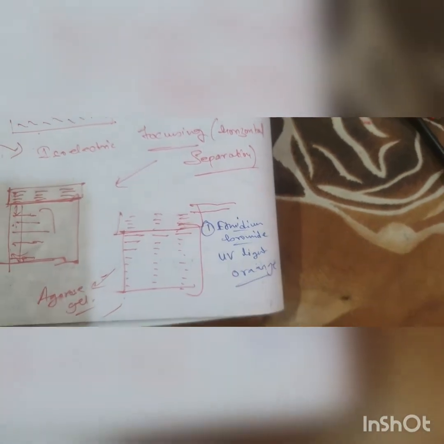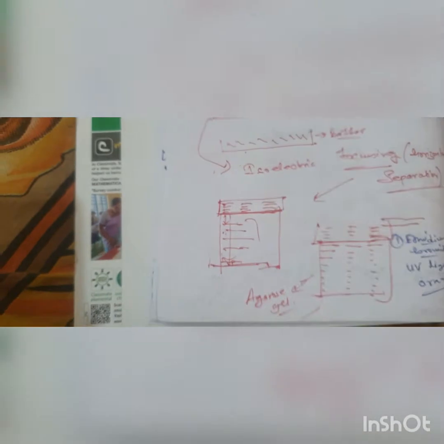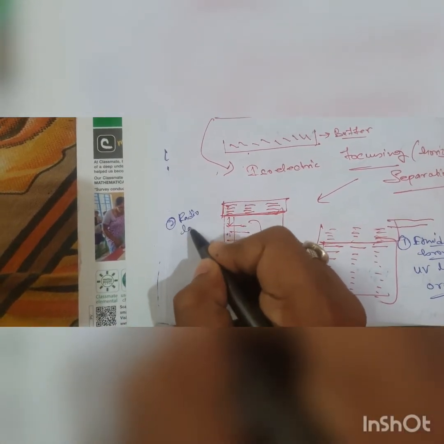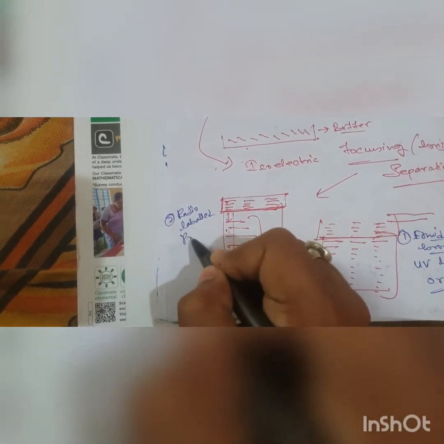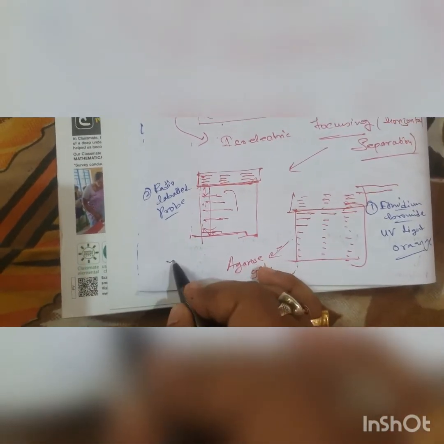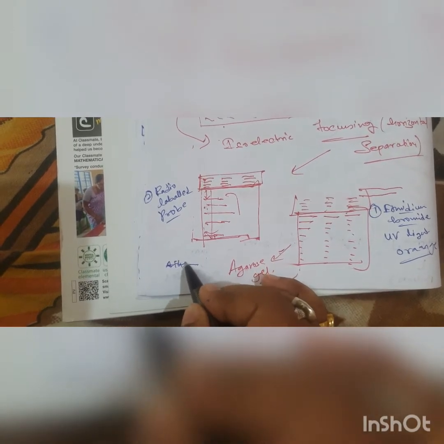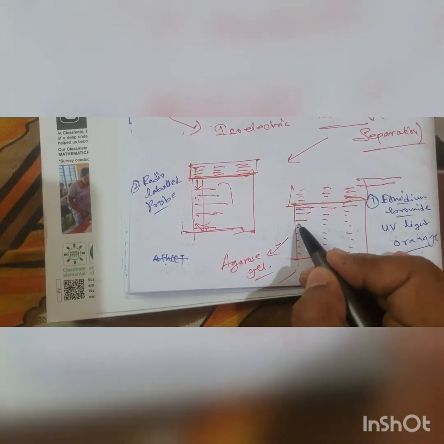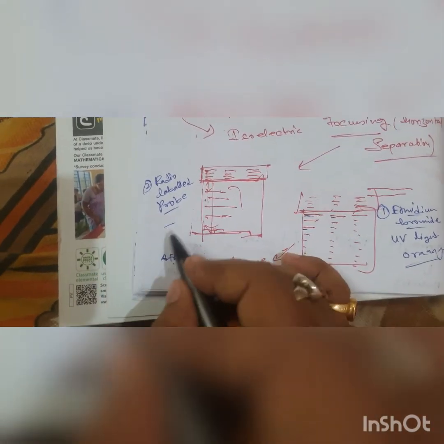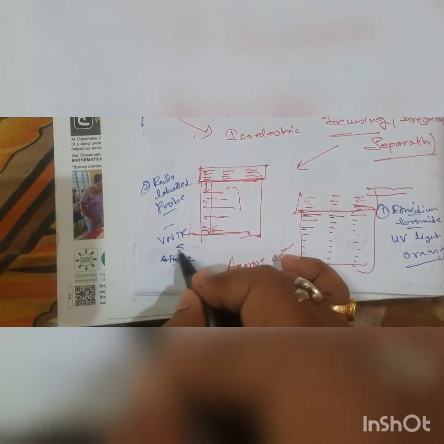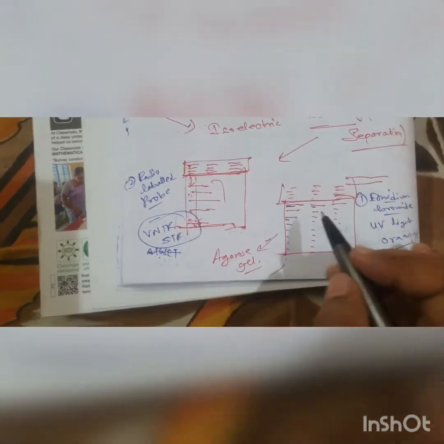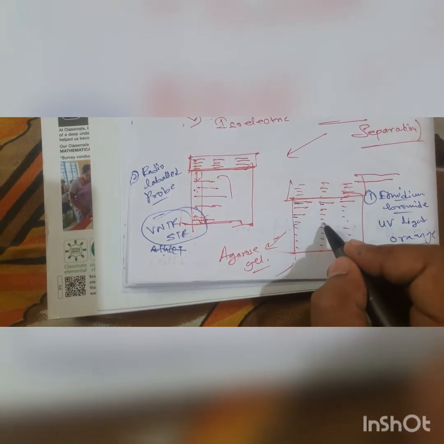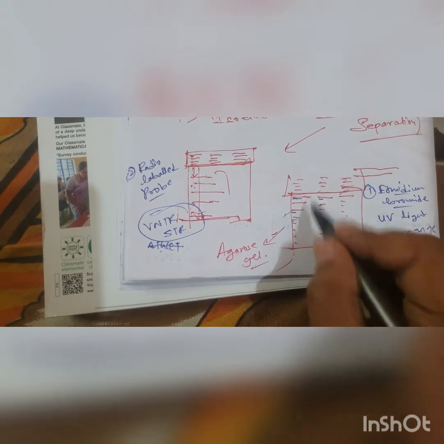Right? Or the second thing you can do is treat it with a radio labeled probe, just to see it. What is a radio labeled probe? Suppose a fragment of DNA, ATGCCT, is complementary to one of the places here, and the probe will go and bind. This is generally done in case of VNTR repeats or STR repeats, which you have learned in the molecular biology chapter, where you know the sequence, and we add the probe, and hence what will happen, they were radio labeled and they will emit light, and hence we can see it.